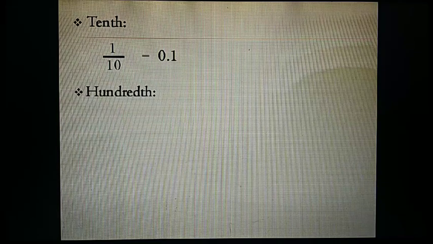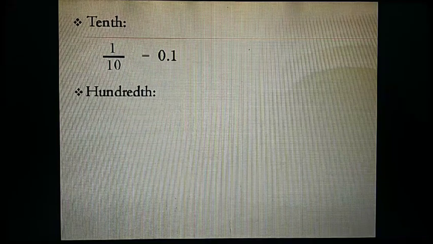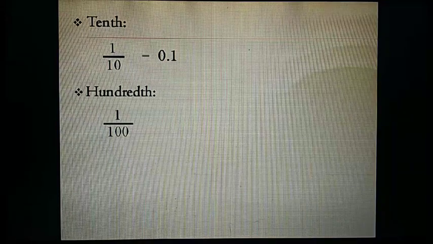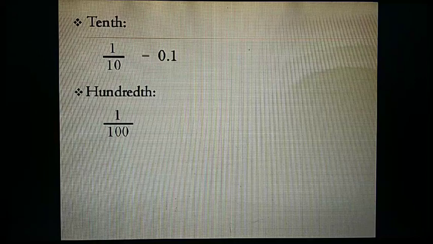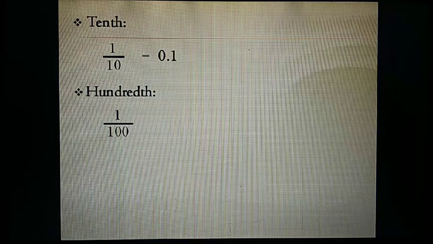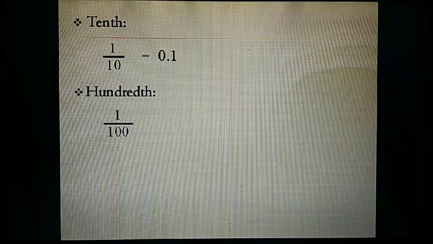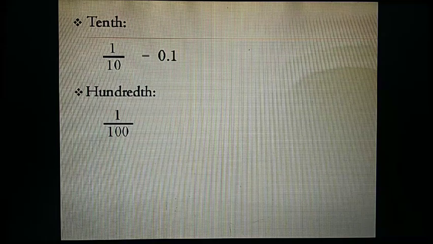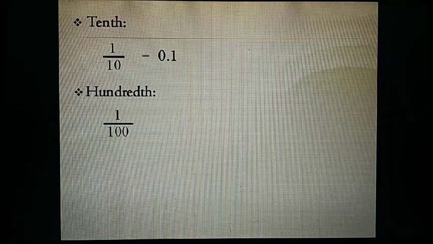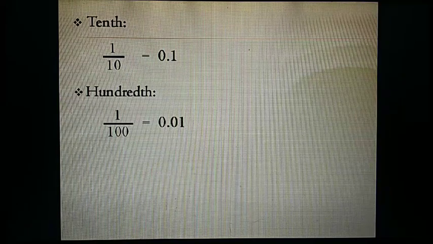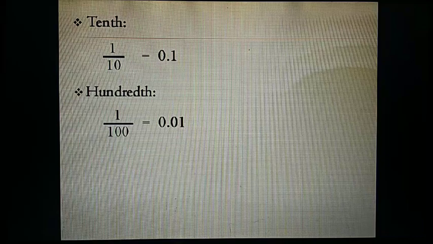Next is hundredth. Hundredth means one part out of 100 equal parts. Here, two zeros are there in the denominator. So we are supposed to put a point after two digits from right. But in the numerator, there is only one digit, that is 1. To make it two digits, we will put 0 to the left of it. And finally, we will have 0.01 as a decimal number.